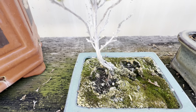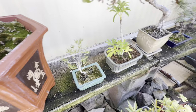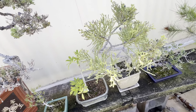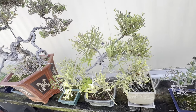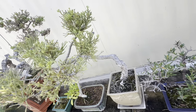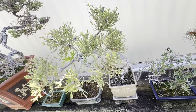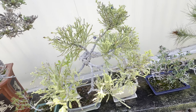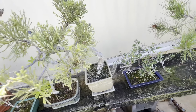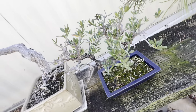You're trying to get that look in your bonsai. The look of age. It's the only thing where age is not a problem. So far, many human beings do not want to embrace their age. They replace their teeth and they replace the color of their hair with dyes of all different shapes and sizes and colors. And they go under the knife of various, this one is still doing very good,